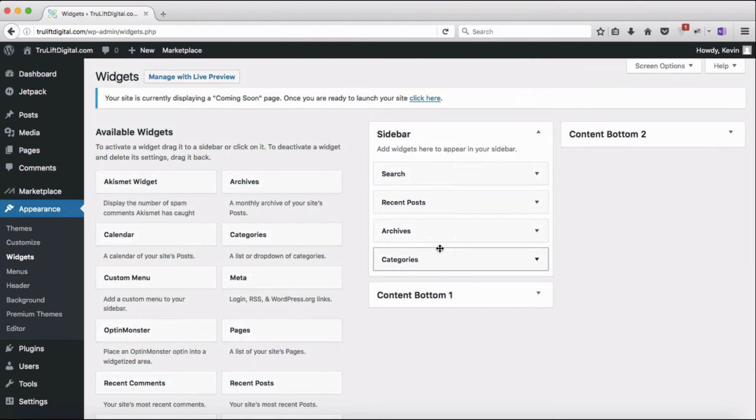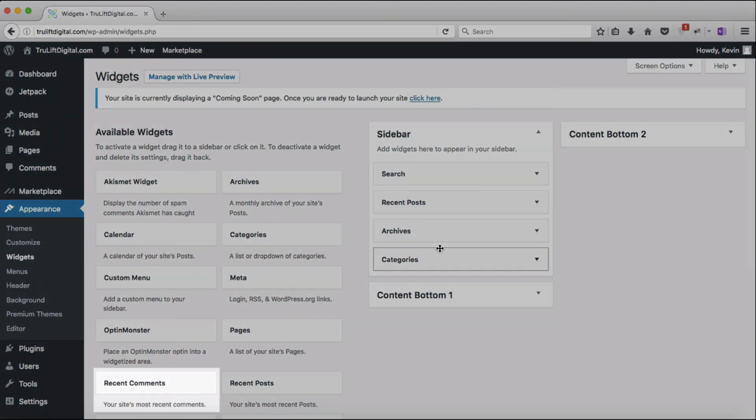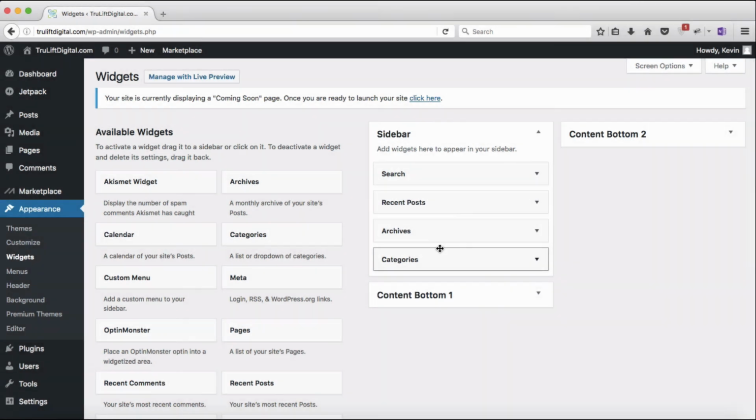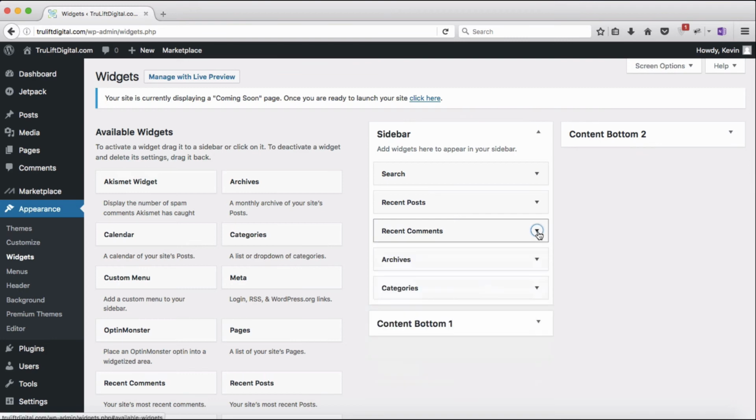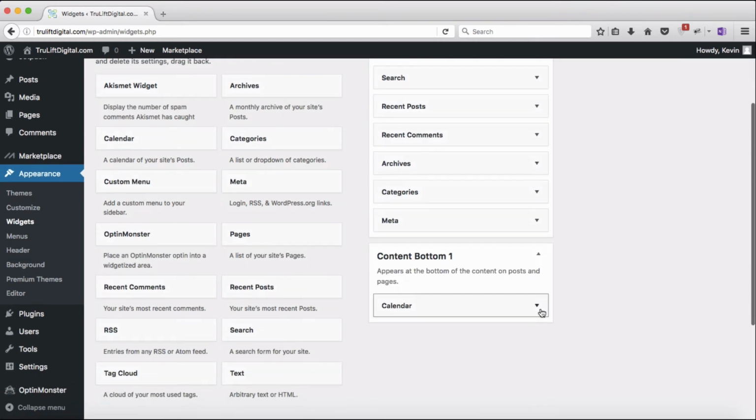And then maybe you change your mind about having recent comments in your sidebar, and perhaps the same with meta. Don't worry. Those are standard widgets. Just drag them back in where you want them. Maybe you don't want the calendar widget in your content bottom 1 area. No problem either. Just expand the content bottom 1 widget area, expand the calendar widget, and